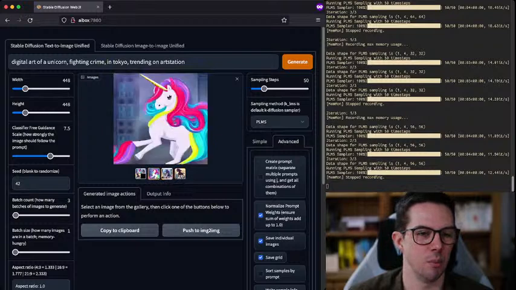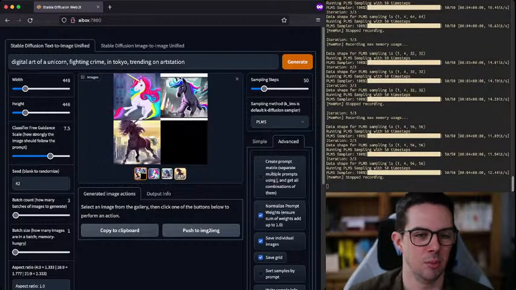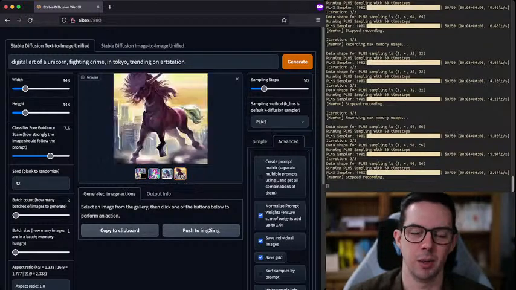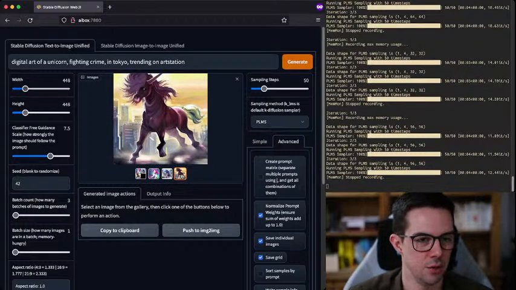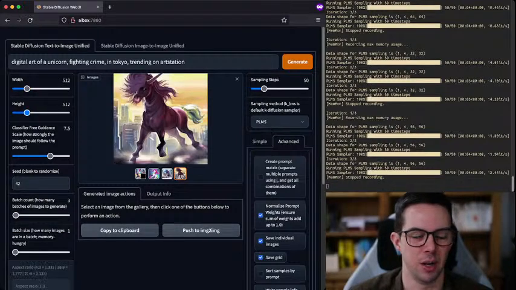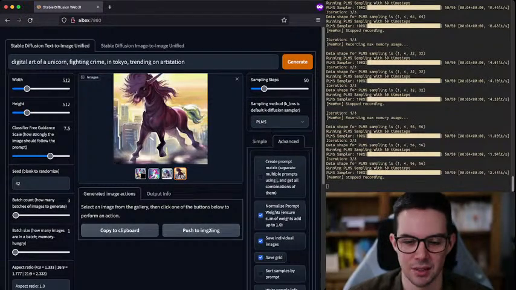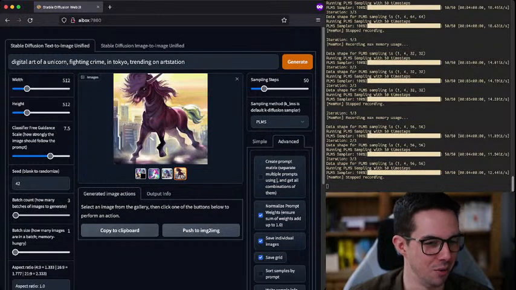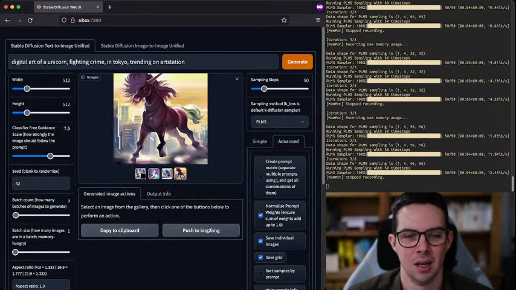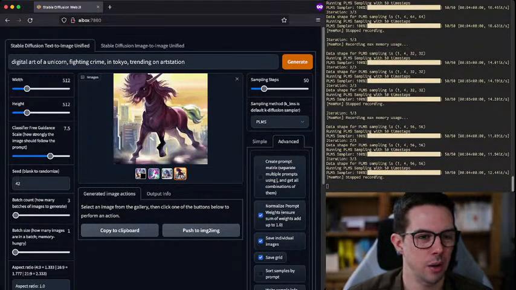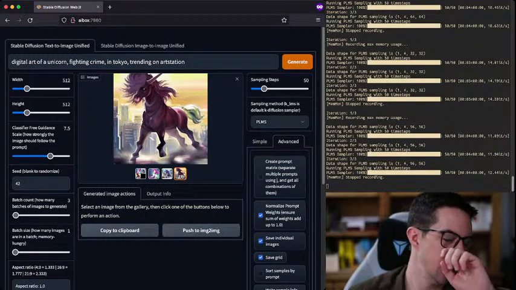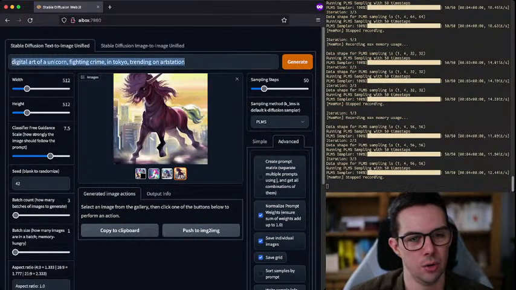So you can see here as we got bigger, it started to get a little bit more realistic, or a little bit closer to the prompt, I should say, than the 256 variants. I won't go above 512 because whenever I've tried that, it tends to run out of RAM. And we'll be starting the stream in debug mode, or continuing the stream in debug mode if we end up running out of RAM. All right, so what I might do now, so we'll start to have a look at image to image, which I think is quite cool. To do that,